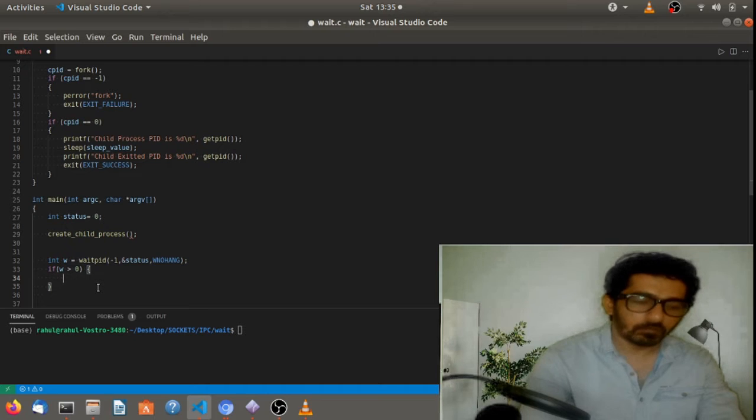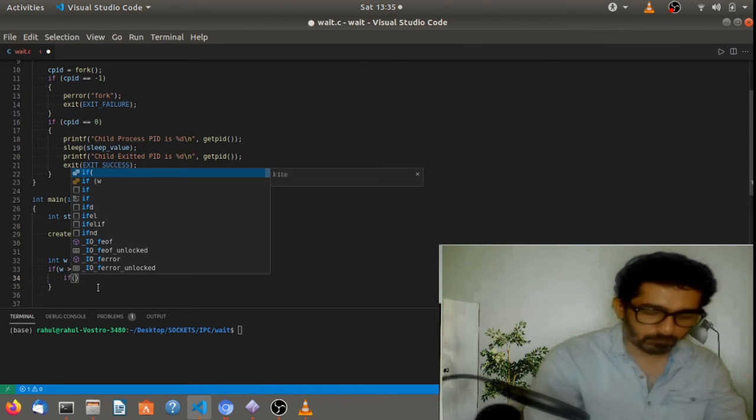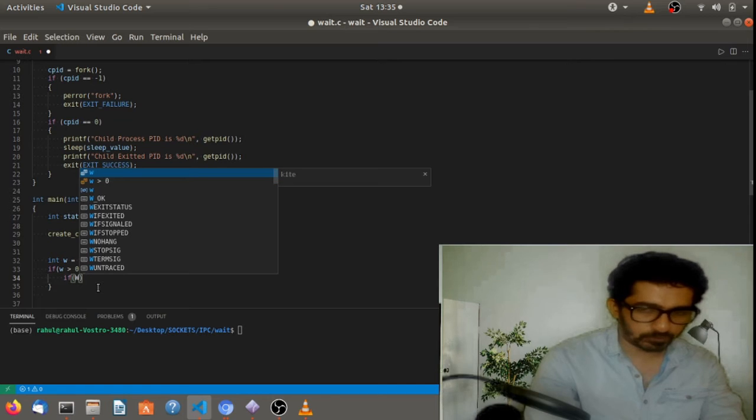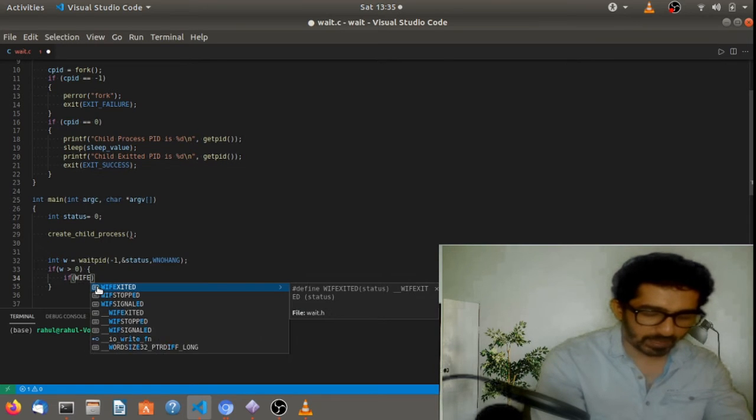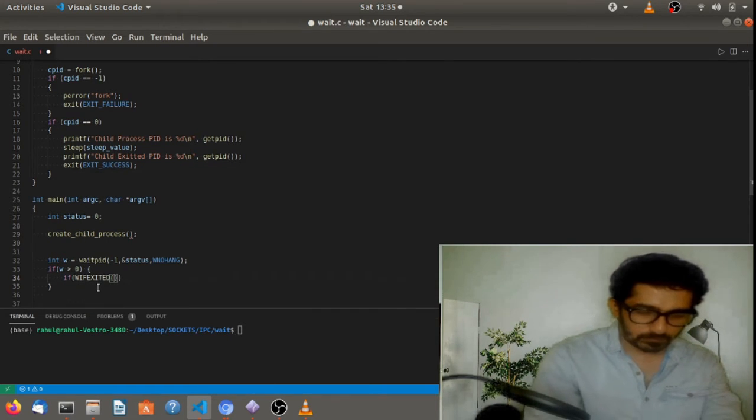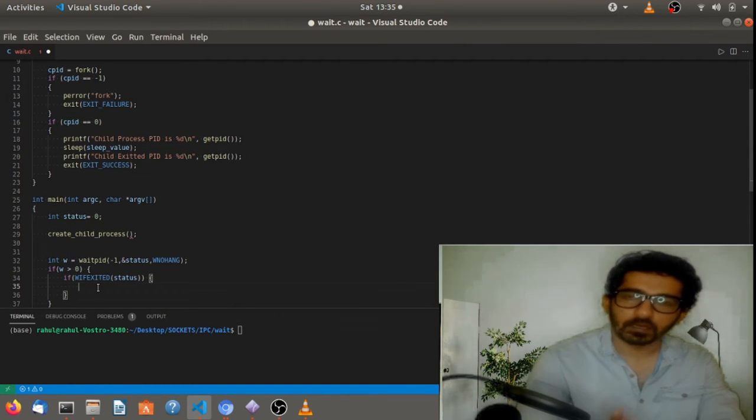First we need to monitor the exit state. If the child process exited normally, then we have to capture that. There is one macro that we need to check, that is WIFEXITED, right? We need to give the status integer here. If it comes true, then we can say the child process has exited normally.